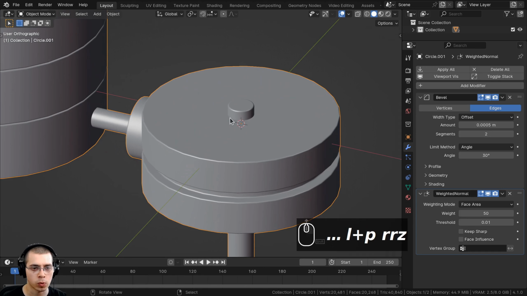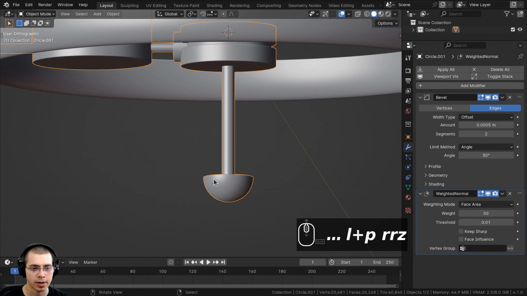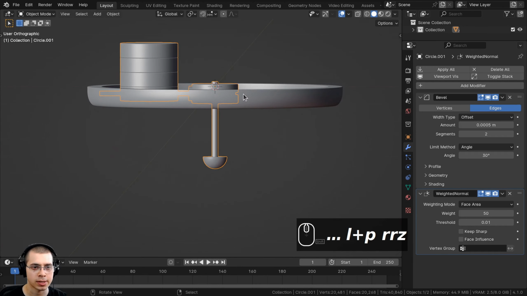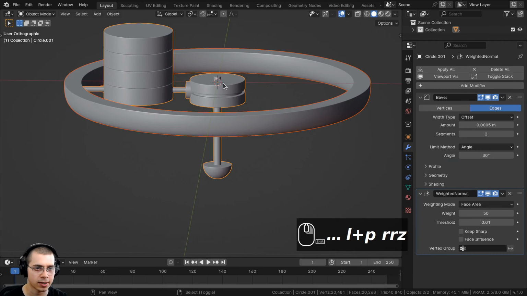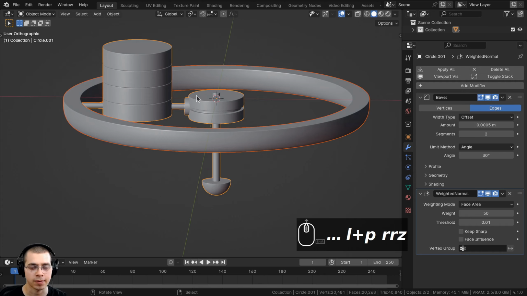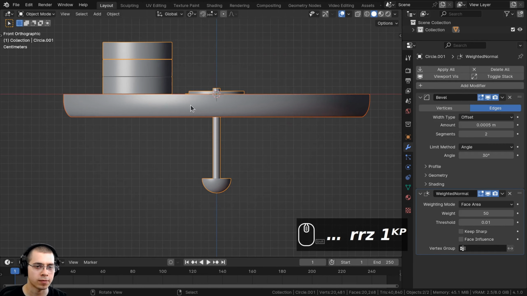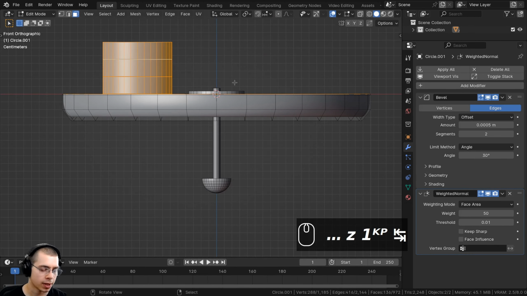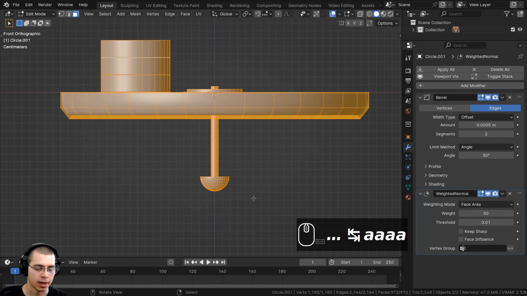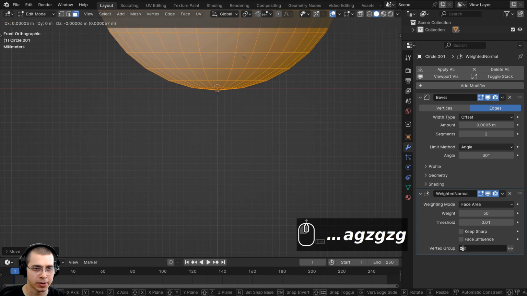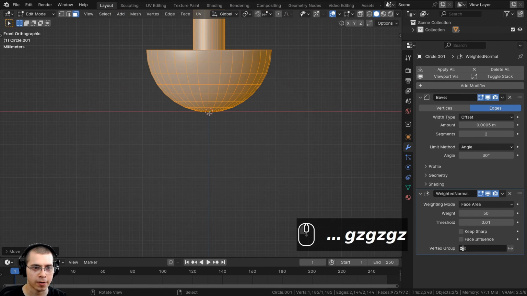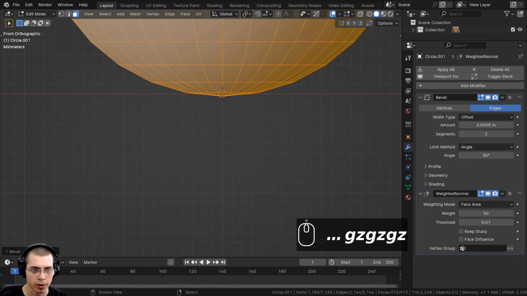Now I also want this origin point here to be at the very bottom right there. So what I'm going to do is Shift select both of the objects, but I'm going to hold down the Shift key and select the center piece last. So that is the active object. And I'll press 1 for front view. We're going to go into edit mode and we're going to select the entire mesh. And I'll hit G to grab and we'll bring it up on the Z-axis. And I want to bring it up here so that the very bottom there, that center piece is going to be right there where the origin is.